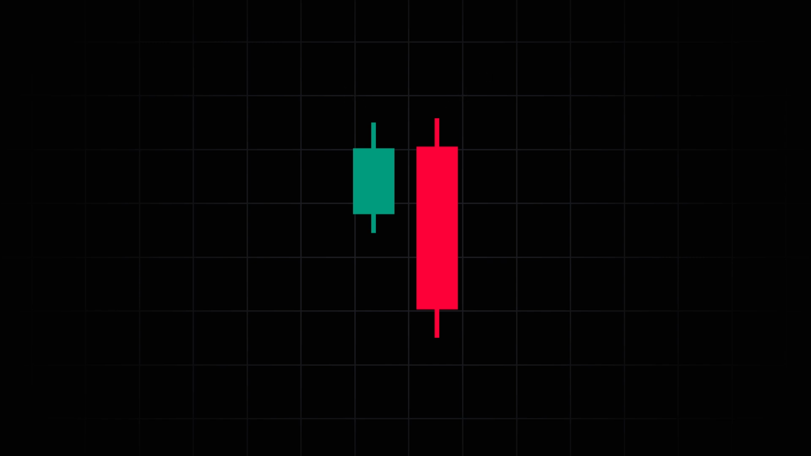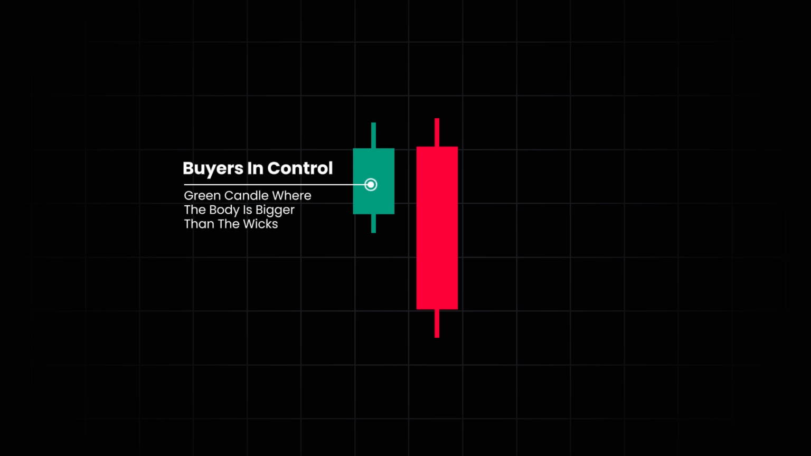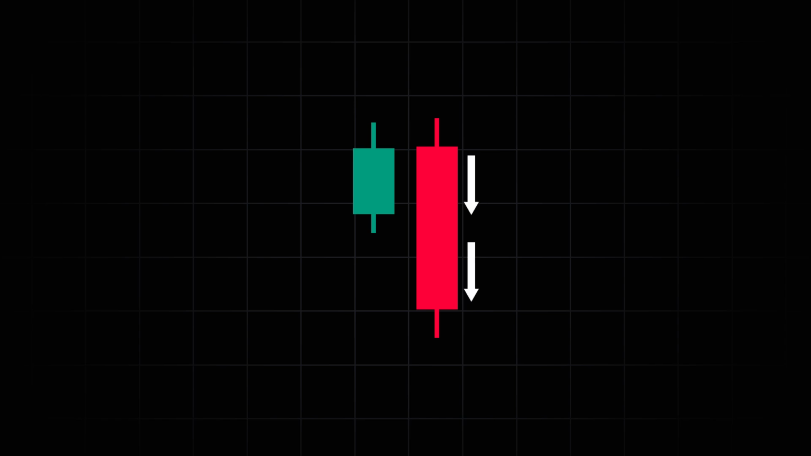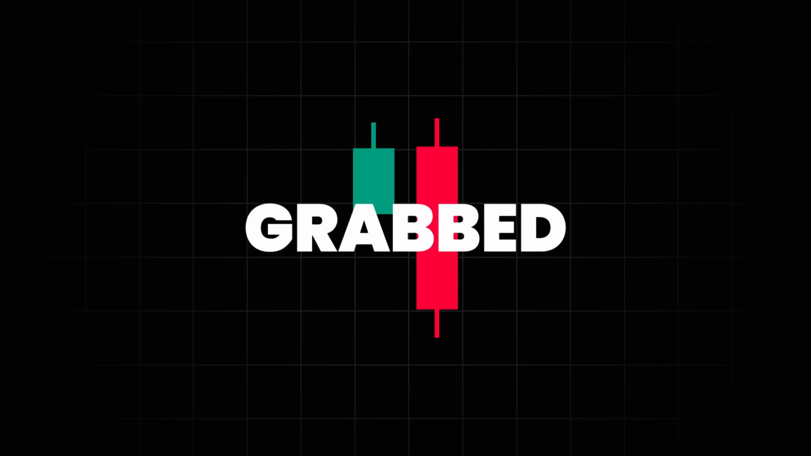First, we see that the buyers were in control as the price made this green candle. Then, as the next candle opens, the buyers try to push the price upwards. They managed to break above the high of the previous candle, then all of a sudden, sellers see these highs as an opportunity and they start to sell. Their selling pressure is so high that they manage to break beyond the low of the previous candle. The sellers traveled a lot of distance compared to the buyers,